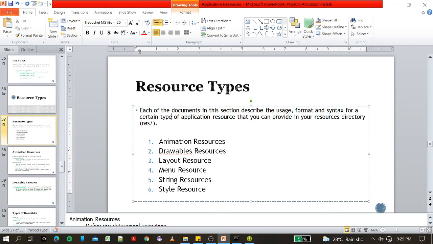So we have animation resource, drawable resource, layout resource, menu resource, string resource, and style resource. And aside from this, meron pang iba't ibang klase ng resources. Itong mga nandito, ito lang yung mga common, ang kalimitang ginagamit. No? Okay, so